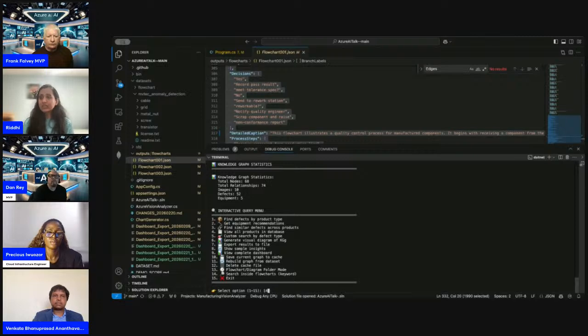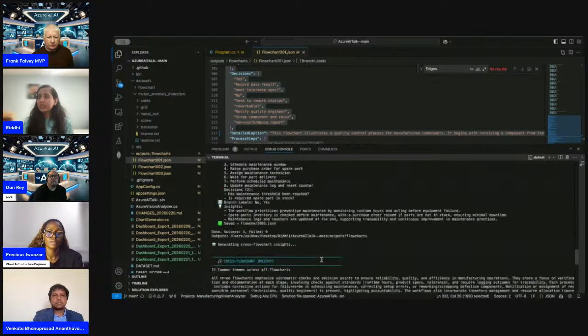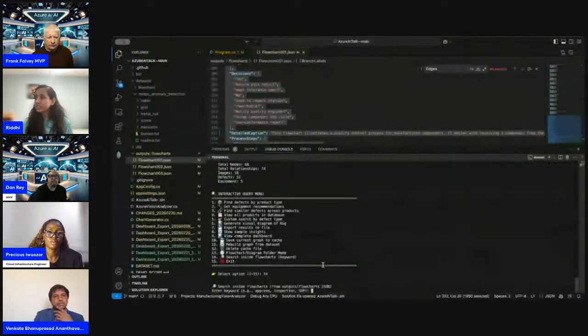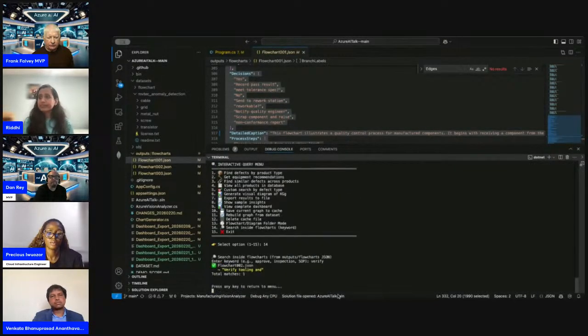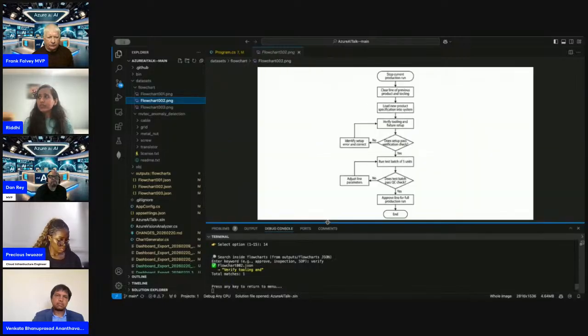So for instance, number 14, if I take one word from here, which I just saw, verify. Now there is verified tooling in flowchart number 2. So flowchart number 2 does have verified tooling.